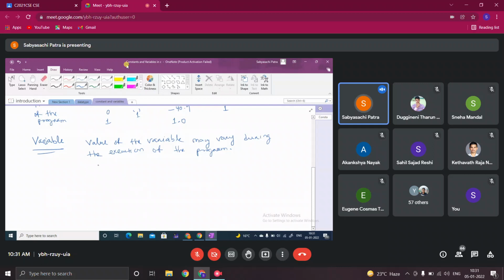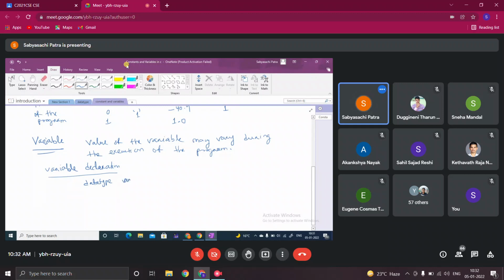So how do you declare a variable? Variable declaration: which type of variable do you want? A variable can hold a value depending on which type of value you want to hold, so accordingly you need to declare the variable.